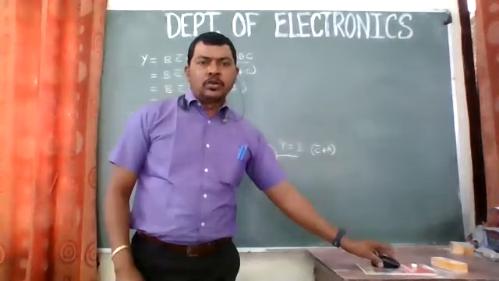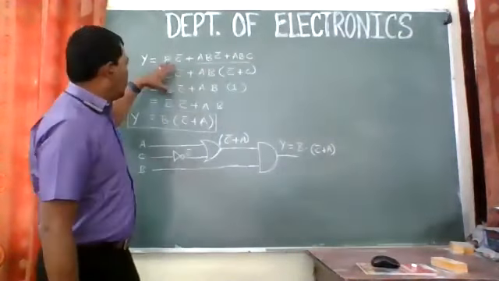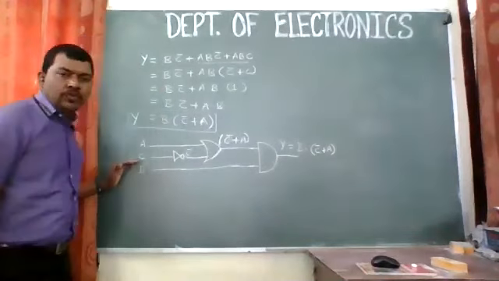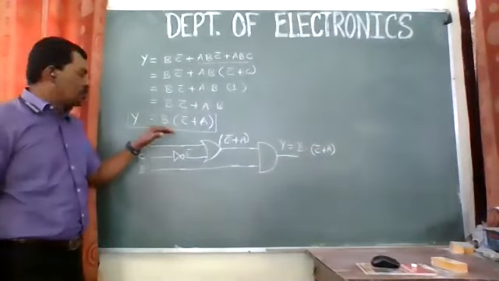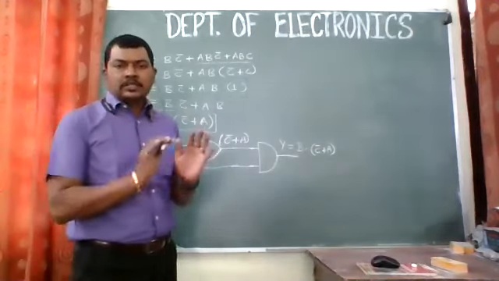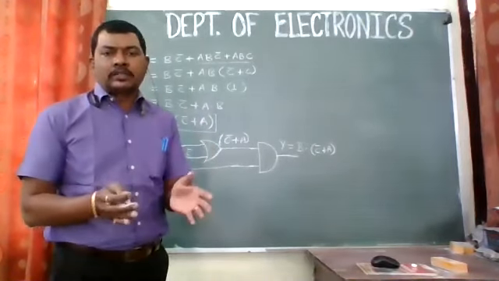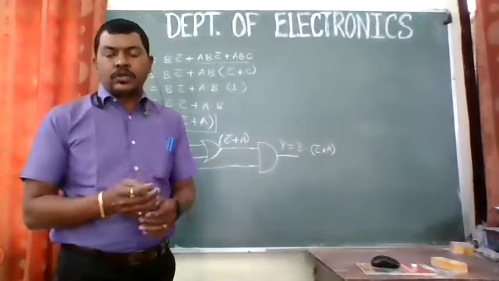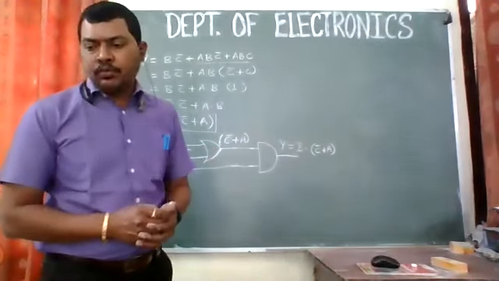Okay, we'll start. So this is the equations and this is the simplification of that equation and this is how we have implemented a circuit using the simplified equation, right? So this was the first part. Now let us try some more examples on that. So we have a proof like equations also. So we'll try for that.